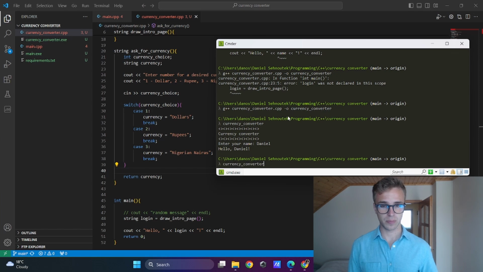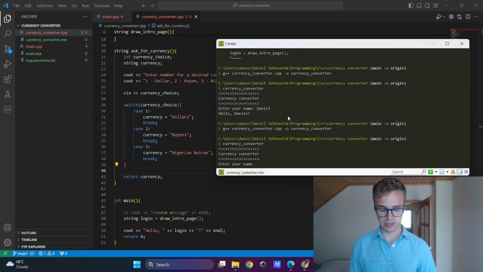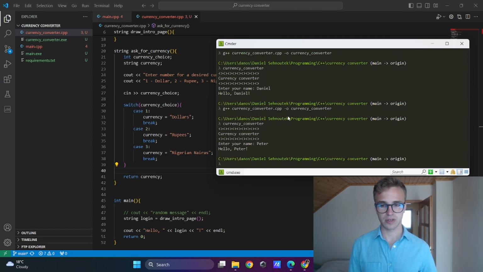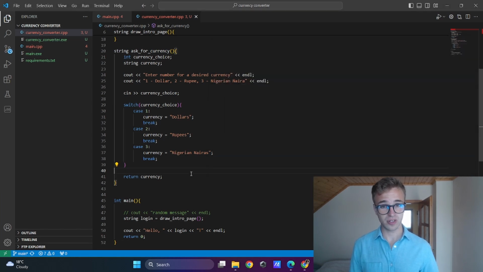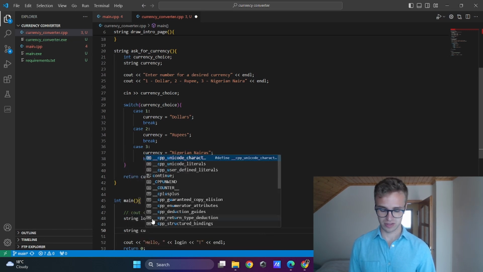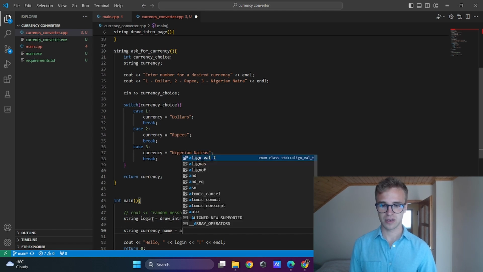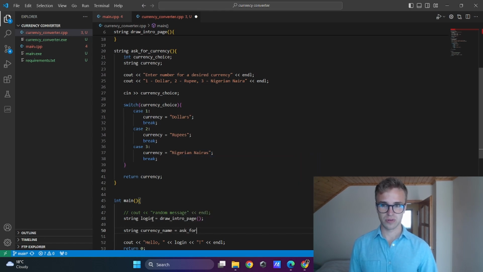Let me compile it again and run the code. My name is this time Peter. Hello Peter. You see, there is no mistake, but I haven't called this function. So string, it will be another string. I will call it currency name, and here I will call the function askForCurrency.